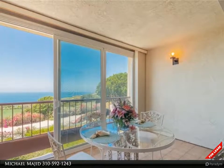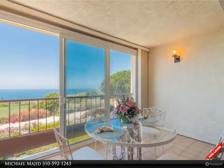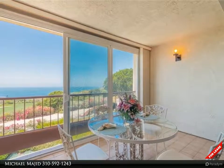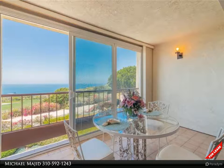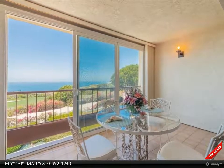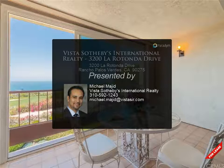Inside laundry and 2 secured parking spaces round out this exceptional property with abundant amenities, which include 2 lighted tennis courts, shuffleboard, clubhouse, a fully loaded gym, and a sparkling pool and spa that overlook magnificent ocean vistas. You are also a short distance to gorgeous cliffside trails and the beautiful Terranea Resort with a multitude of restaurants at your fingertips. This property is a hidden jewel along the Pacific Ocean bluffs and would also make a terrific